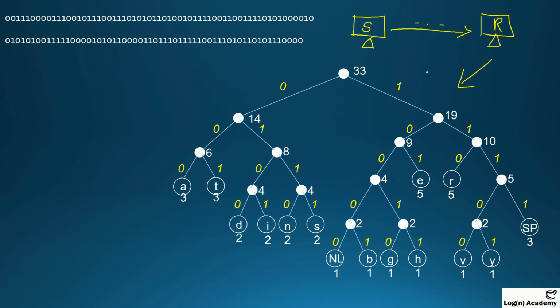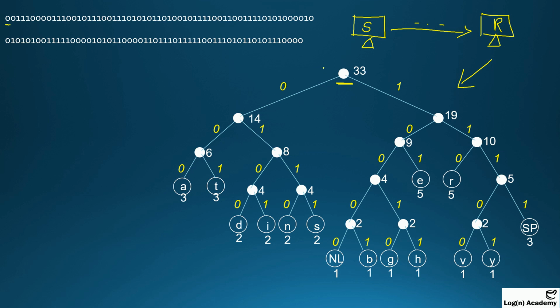Now after the first condition, let's suppose that the receiver has access to this tree that the sender has created, and the sender has also sent the tree to the receiver. Now let's start decoding and getting the original message. The receiver also has this encoded string. So let's start with the zero. What will the receiver do? He will start from the root node, and he will pick the first number, which is zero, and he will traverse towards